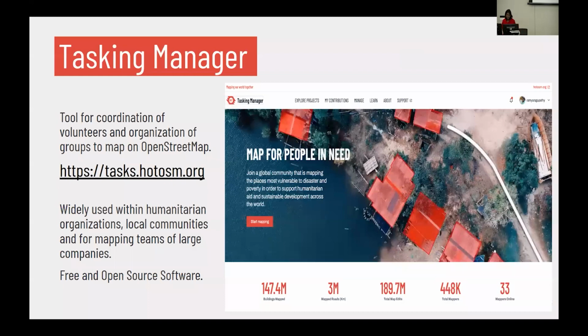And one of the flagship tools we have at HOT is Tasking Manager. It's a tool for organized editing on OSM. Of course, this talk is not going to be a deep dive on the tool, like how it functions and all that. So it's just giving an overview here. So you could access the tool at task.hotosm.org. This tool is widely used by humanitarian organizations like Red Cross, MSF, Missing Maps, by educational institutions, and also